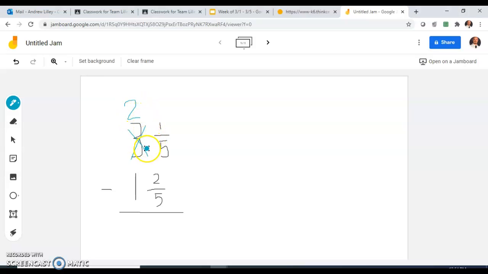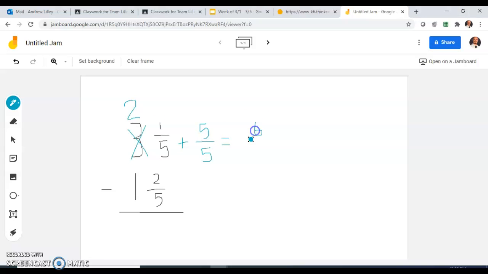It's still 2 wholes. But what we know about fractions is that when the denominator is fifths, how many needs to be in the numerator to make it 1 whole? 5. 5/5 is the whole thing. So I already have 1/5 plus what I just did is took 1 whole number here, and I need to place that over here and add them together. So 1 whole is the same as 5/5, and when I combine both of those together,